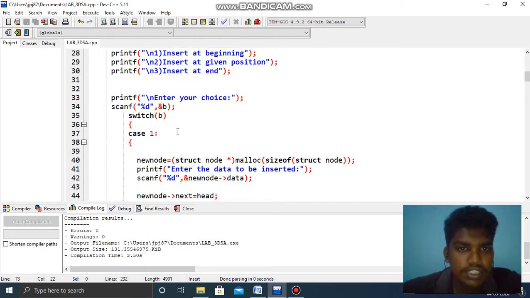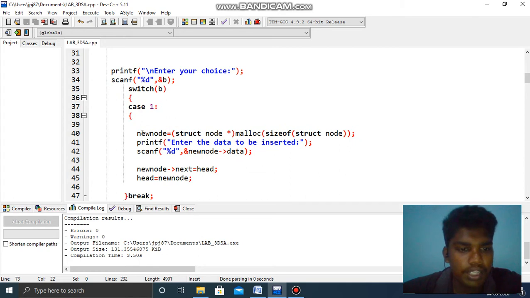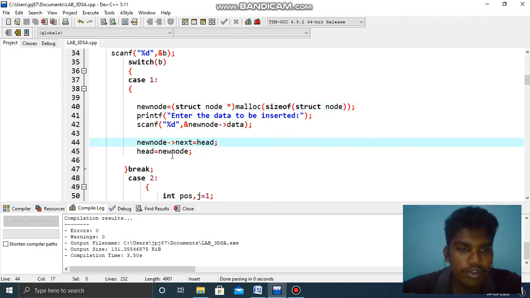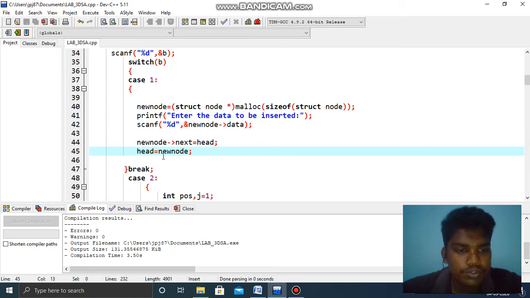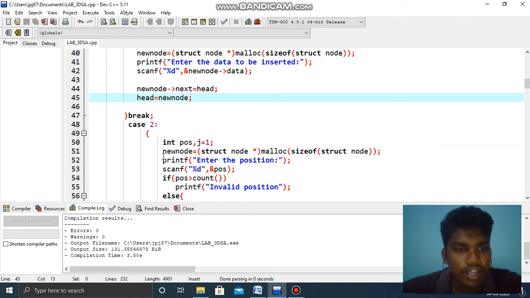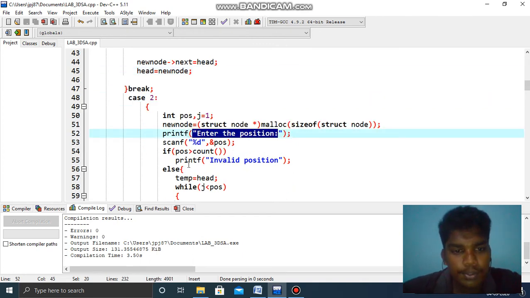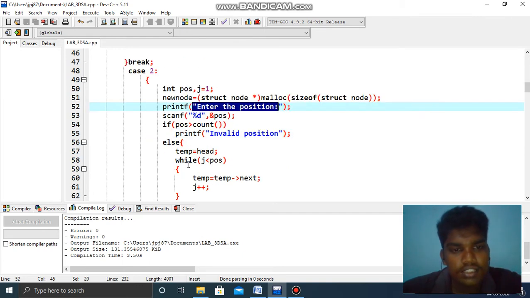If first is beginning, if you want to give it in the beginning, new node equal to struct node, it's for the new node. Printf, we scan new node from the user, then head is the starting value, we store the new node in head value, so the first starting value will be added.